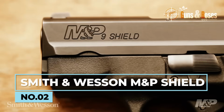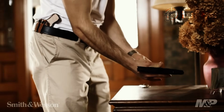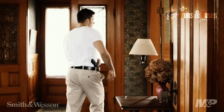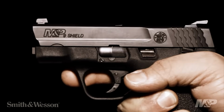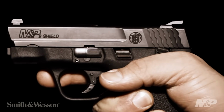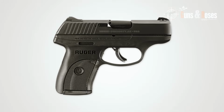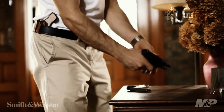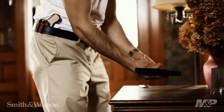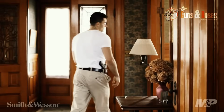The Smith & Wesson M&P Shield is a subcompact single-stack pistol designed for concealed carry. Available in 9mm and 40 S&W calibers, the M&P Shield has gained a reputation for being a reliable and easily concealable firearm. However, one common complaint is the M&P Shield's limited capacity. With a standard magazine holding just 7 or 8 rounds depending on the caliber, it can make you feel underprepared